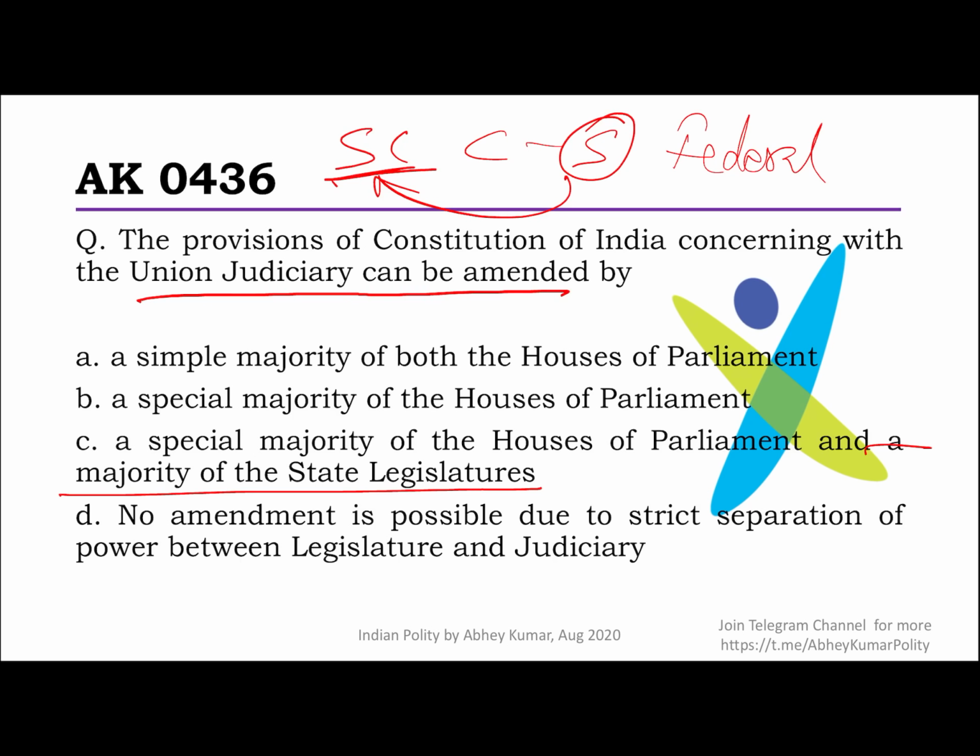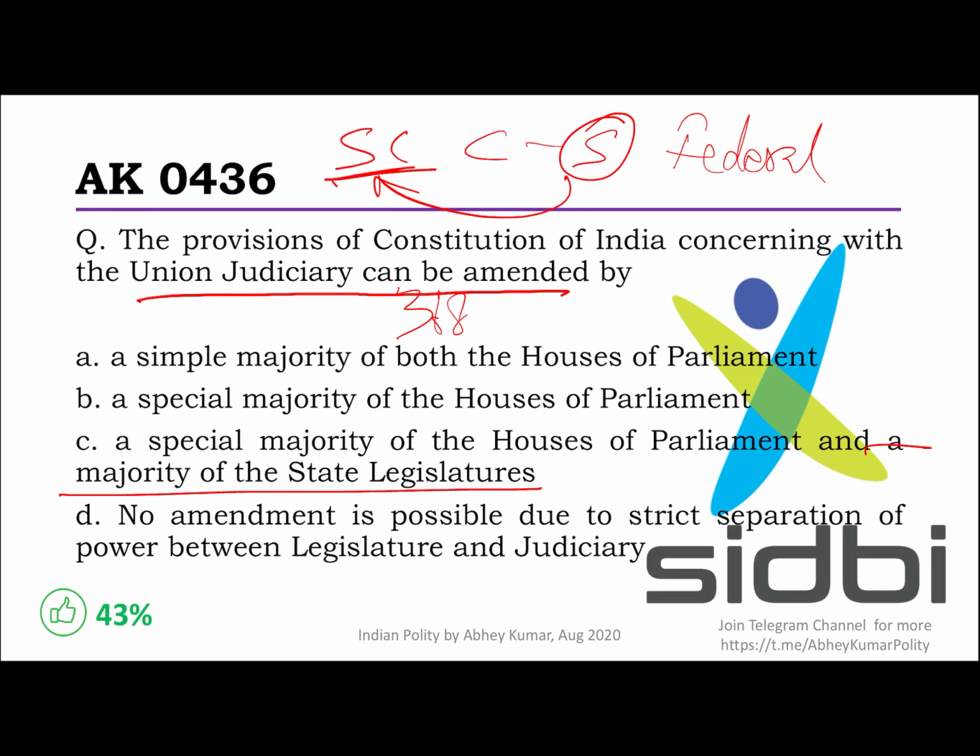In Article 368, this is in fact very specifically mentioned, right? It's not something which is to be interpreted. It is mentioned. It talks about that in Part 5. And by the way, that symbol there is of the Small Industries Development Bank of India, with the mandate of financing micro, small and medium scale enterprises, headquartered in Lucknow.